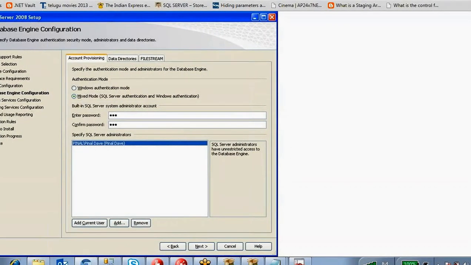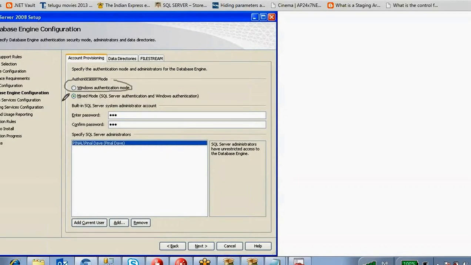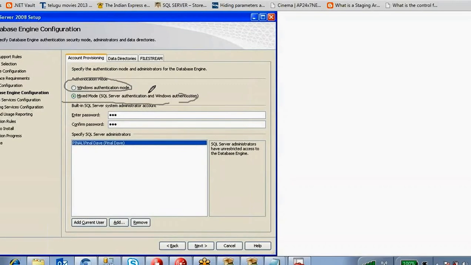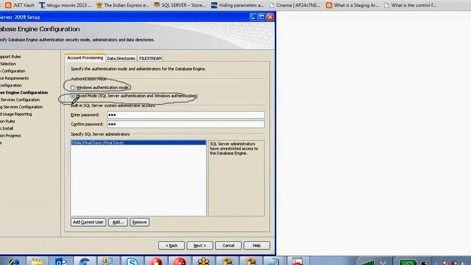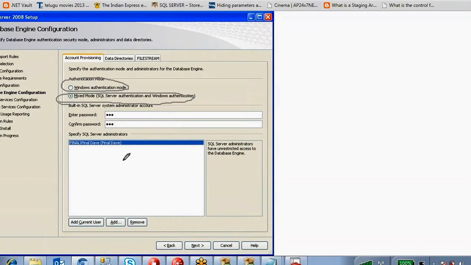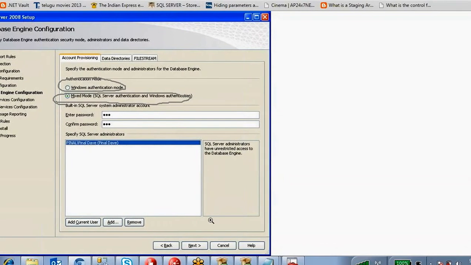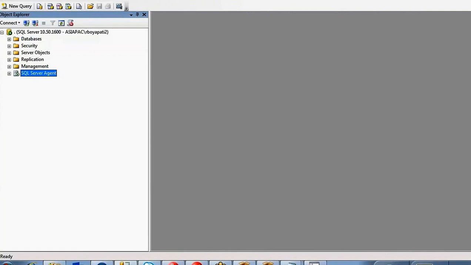If you observe here, there are two kinds of authentication modes: Windows authentication mode and mixed mode. What do you mean by Windows authentication mode? If you select Windows authentication mode, you can log into the SQL Server. I'm going to close this one.